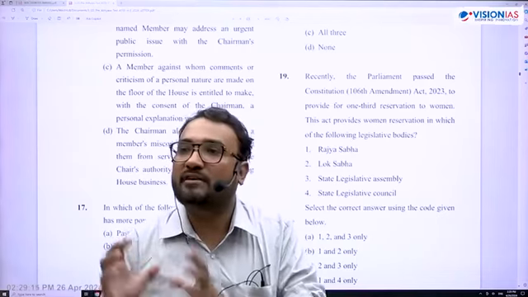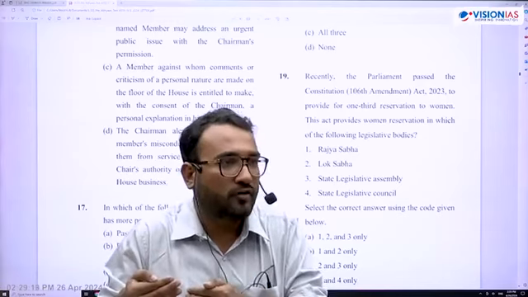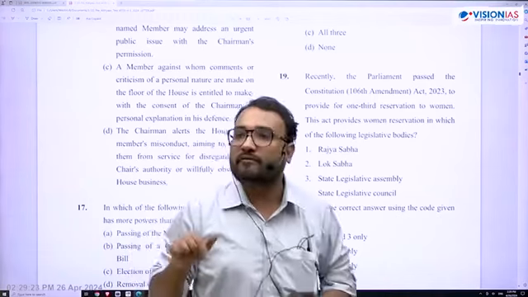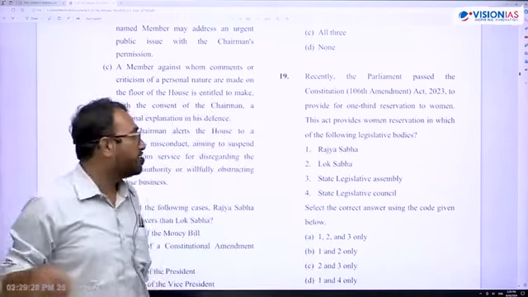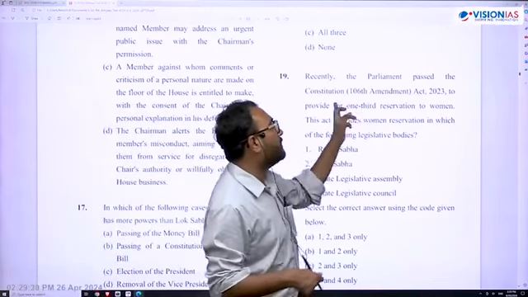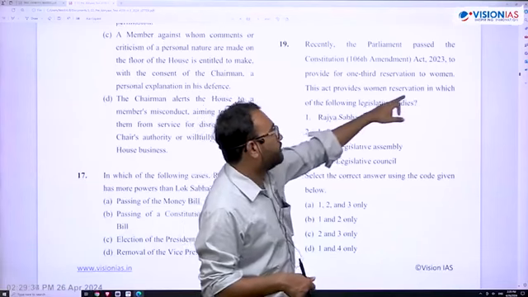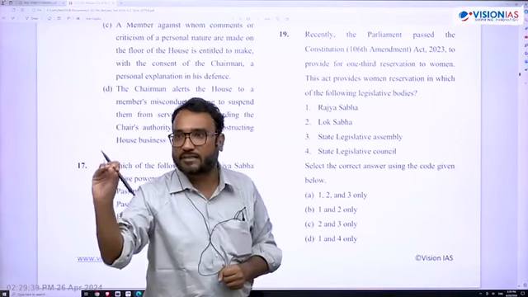You cannot have people in the State Legislative Assembly who are not from that place. So that is why seats are reserved for ST. 59 out of 60 seats are reserved for Scheduled Tribes. So never get confused between reservation under Article 330, 332 versus 15 and 16. Recently Parliament passed the 106th Amendment Act to provide for 1/3 reservation for women. And dear students, in Rajya Sabha there is no caste-based reservation.